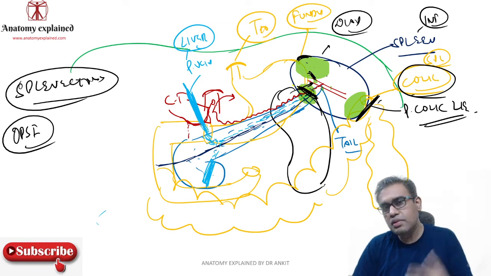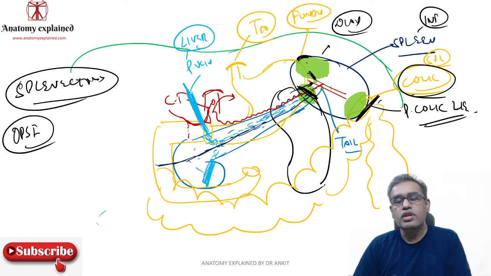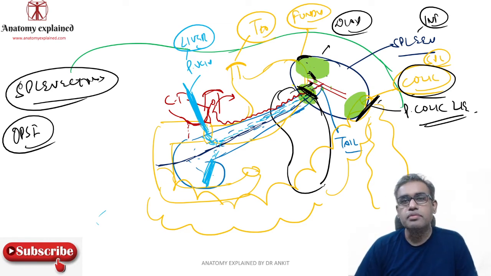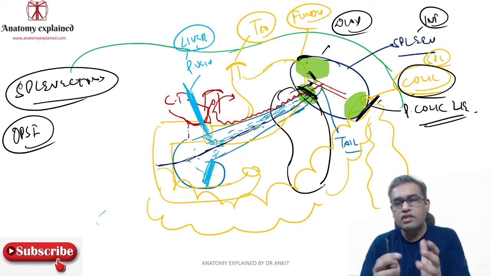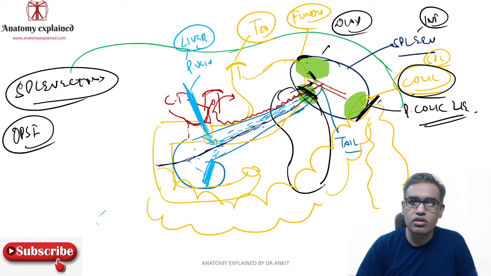So if you have a planned splenectomy, we normally give vaccines for those infections beforehand. But yes, in case of emergency, you have to take it out. Now if you have to take the spleen out, you can see from the figure that there are a lot of viscera which are actually touching the spleen. So if you just try to remove the spleen like this, or you try to mobilize other organs, then you may rupture the capsule of the spleen.